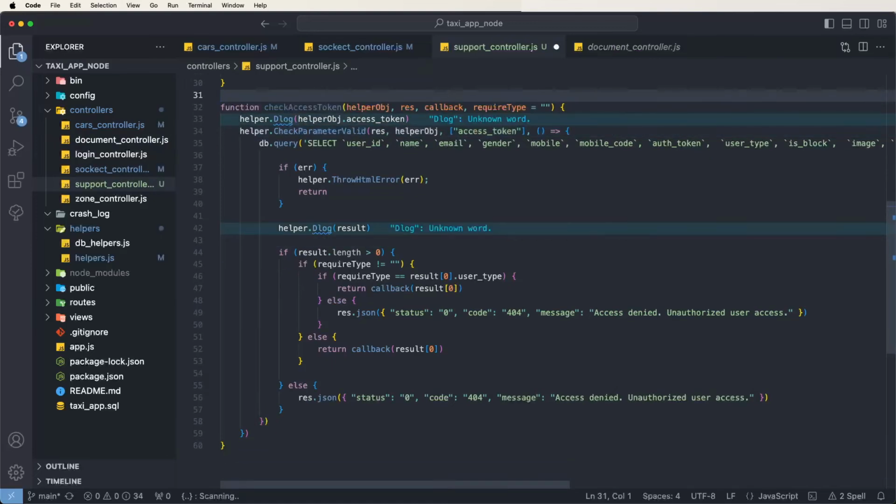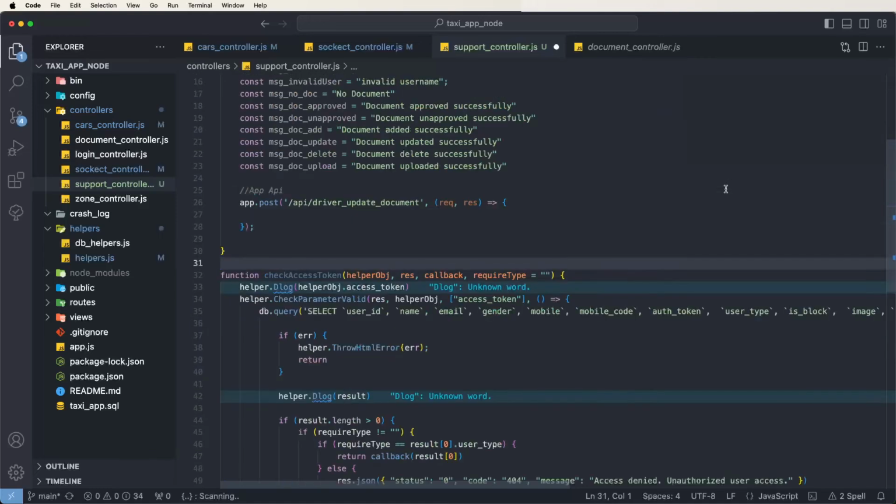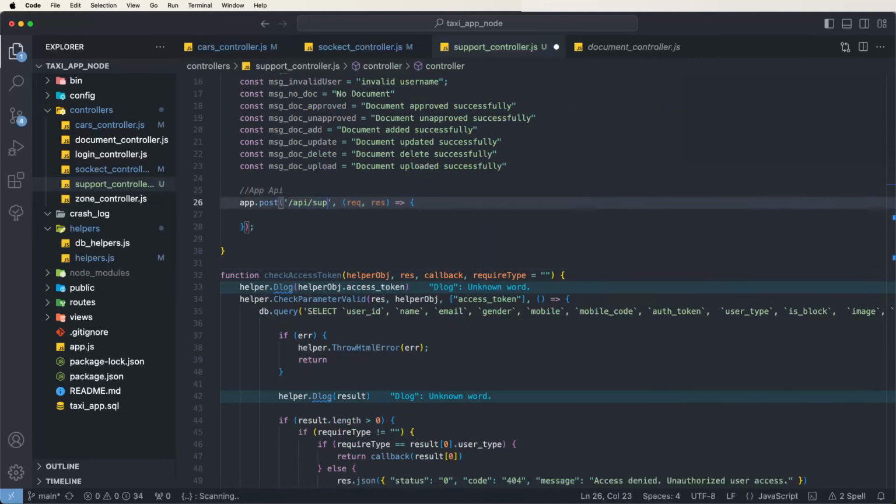These support modules are only for text exchange between the apps and the admin panel in real time. Images as well as other types of files are not included here, only text messaging support we need to create. And now we need to create the API names. We need to write down the support